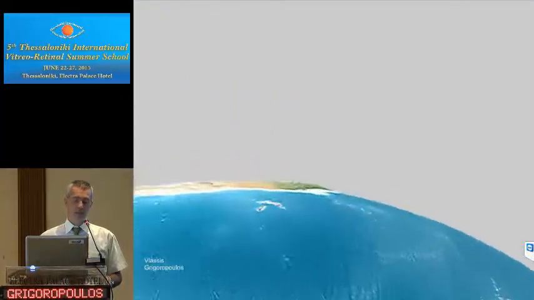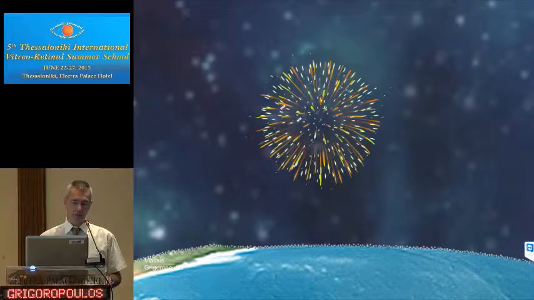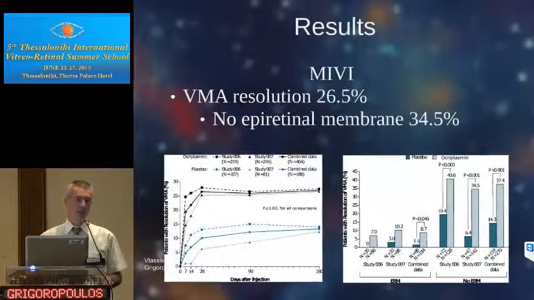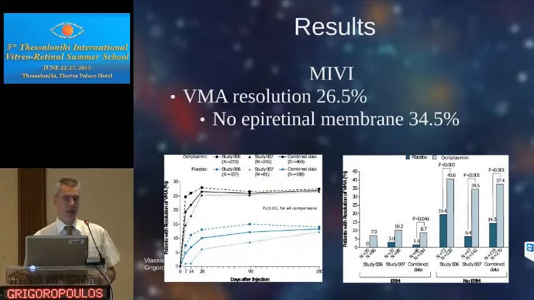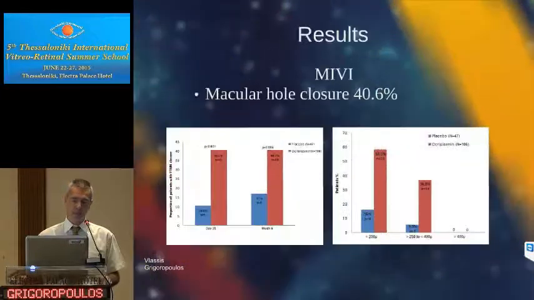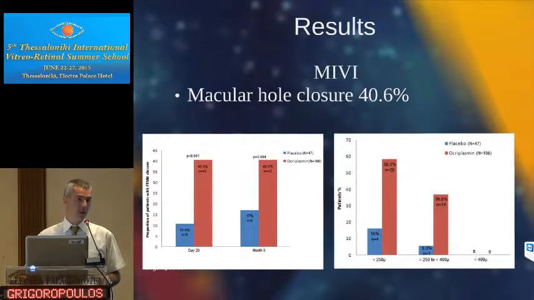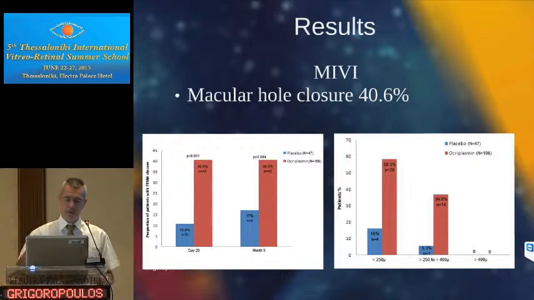So what are the results of the drug? From the MIVI trials, we know that resolution of the adhesion by using ocriplasmin was 26.5% of all cases. And if there was no epiretinal membrane, then that went up to 34.5%. So about 1/3 of the cases that were treated had resolution of the adhesion. In cases that had macular holes and were within the indication range, as I mentioned before, the macular hole closure was 40%. If you look at the graph at the bottom,